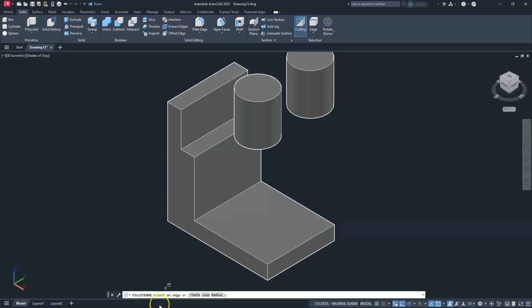Now it's going to ask me to select the edge or the fillet or the point that I want to fillet. What I'm going to do is select radius first, and then I have to define the radius. Once again, all of this was discussed in that previous video, but 25 is our radius. Next, I'm going to select this edge, this one here on the top,